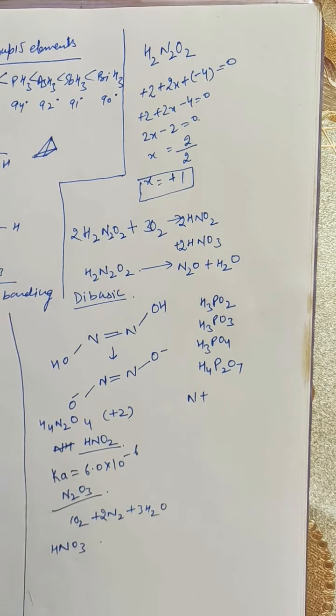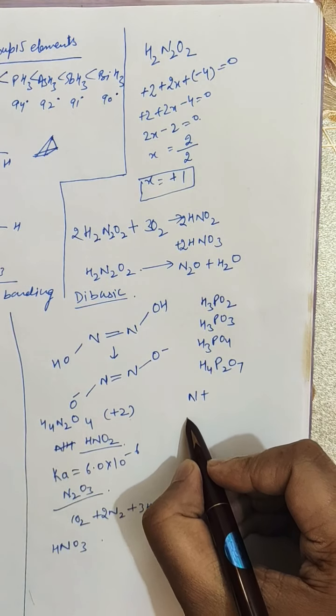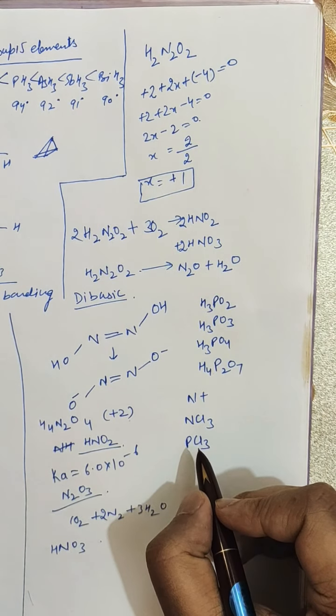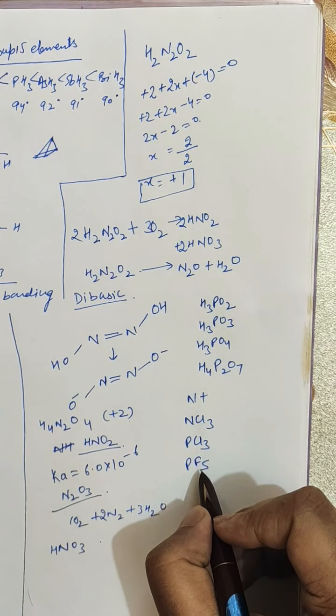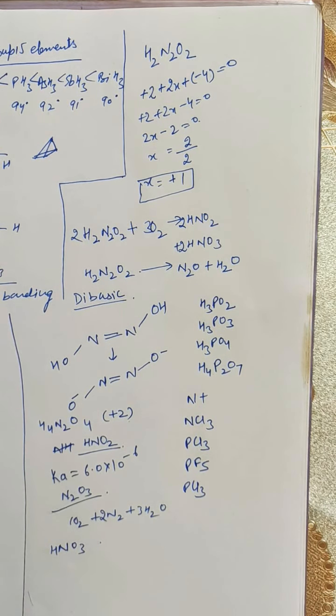The trihalides have a pyramidal structure and have one lone pair. In these cases, the central atom involves sp3 hybridization. The trihalides are mainly covalent with the exception of BiF3, which is ionic. So the halides formed by the different group 15 elements are like nitrogen trichloride NCl3, phosphorus trichloride PCl3, or phosphorus pentafluoride PF5, and different halides are there. Similarly, there are pentahalides. So this was the study of group 15 elements.